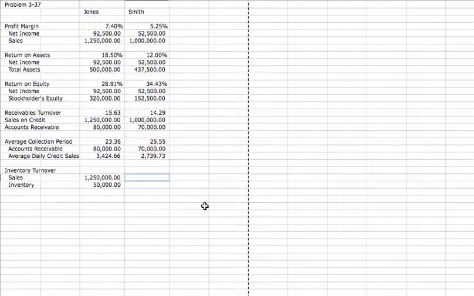And Smith has sales of $1 million and inventory of $75,000. To calculate our inventory turnover, we simply divide sales by inventory. All right, so in this case, Jones has a